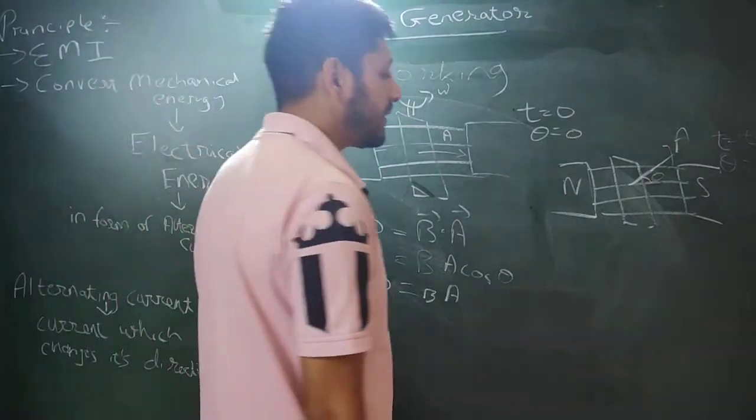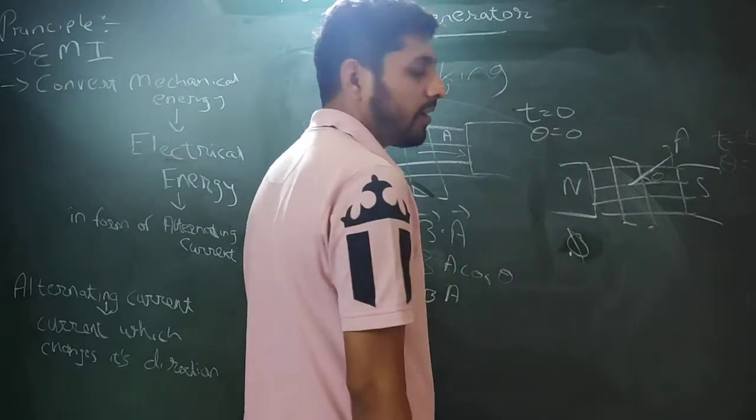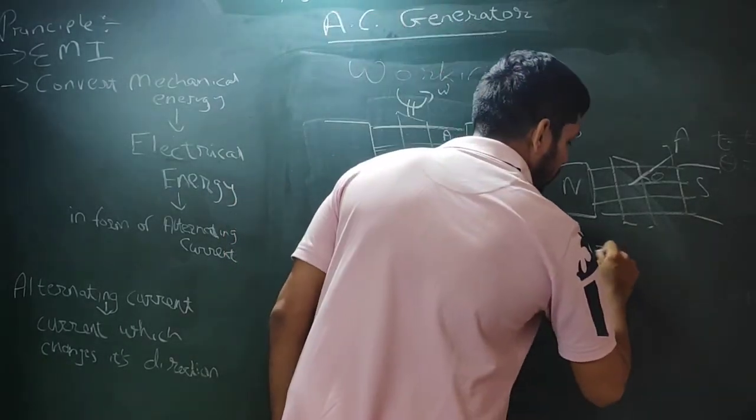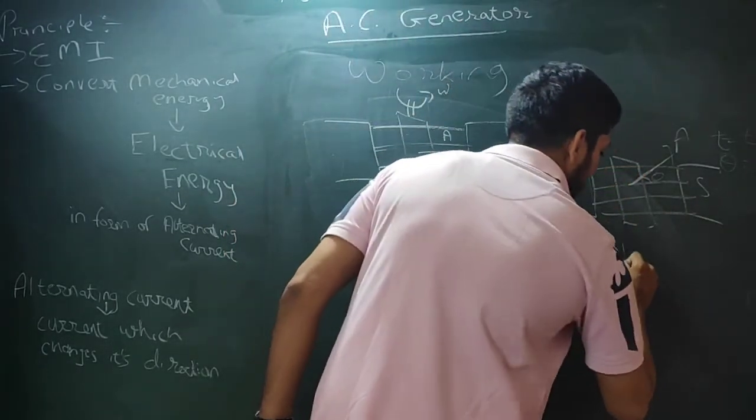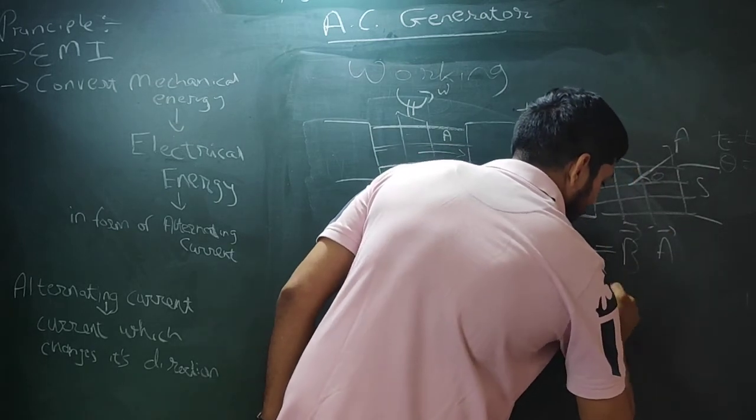Okay. So at that time what will be the flux? Flux in each coil will be equal to B into A, B dot A. So I can write B